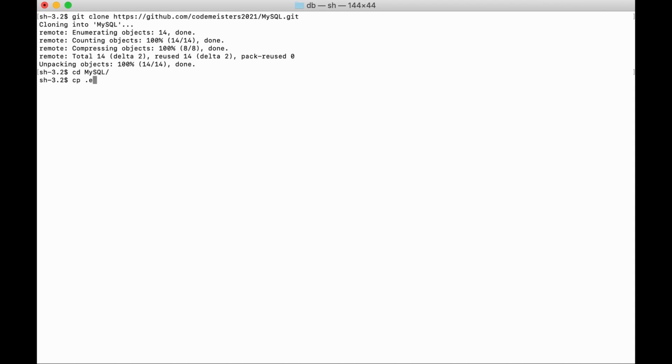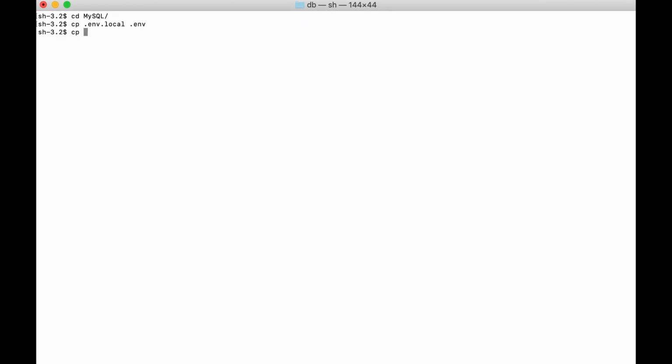Then we can run cp .env.local .env, that's copying the configuration to our local project. And then docker-compose.override.myadmin.yml or docker-compose.override.adminer.yml can be copied to docker-compose.override.yml.